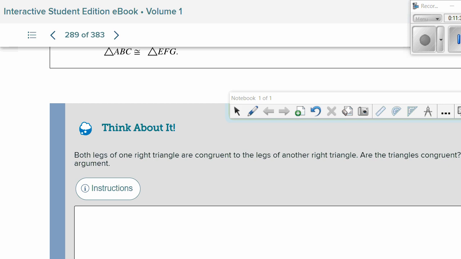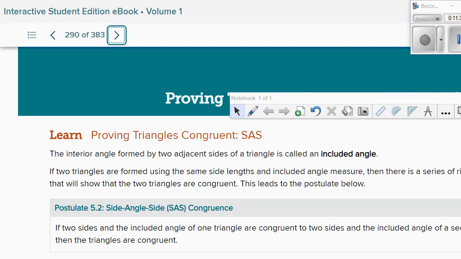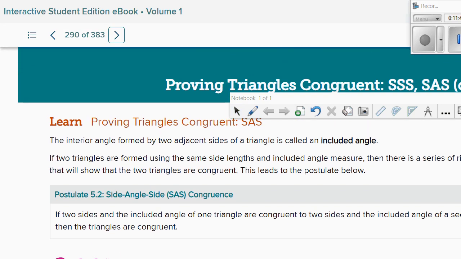Okay, so moving here, if you guys will highlight this particular one. Okay, we're going to go ahead and highlight here. And they have this term, an included angle, so we're going to have to talk about that. Okay, so we're going to be able to prove that triangles are congruent by the side angle side, or just SAS. And so down here with this postulate, if you highlighted that too, if you guys could sketch 2 triangles,